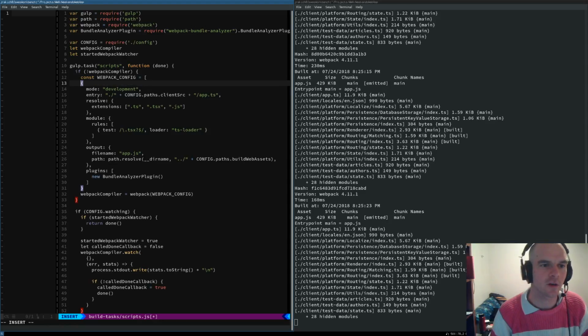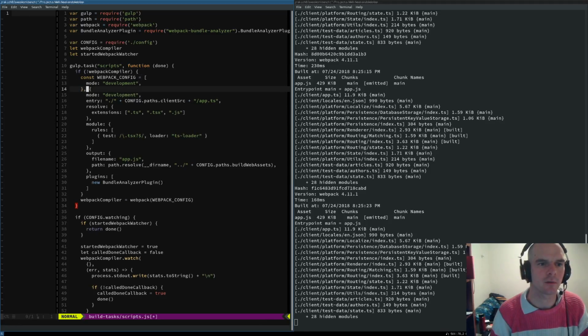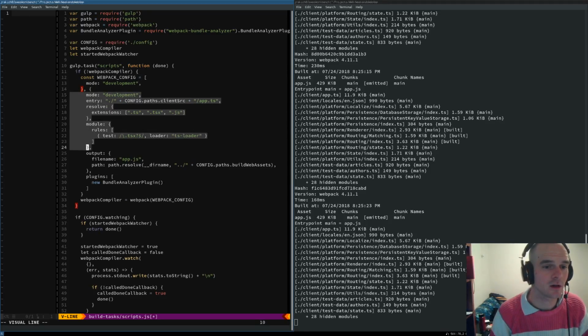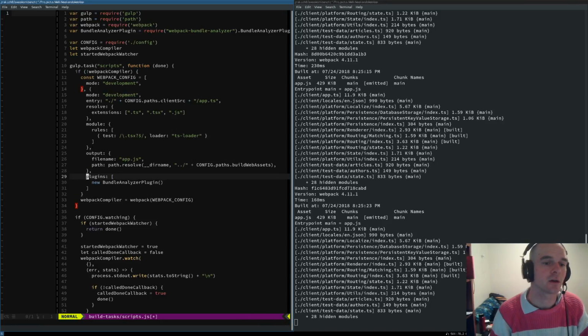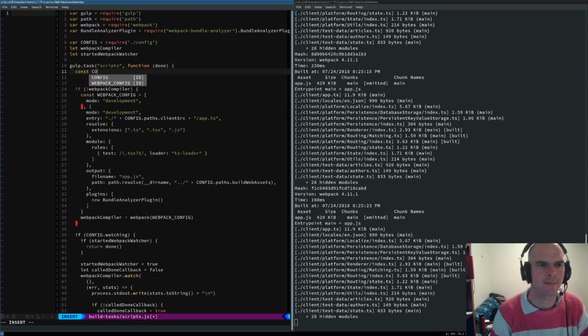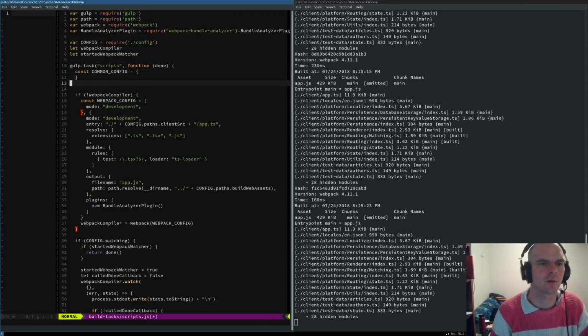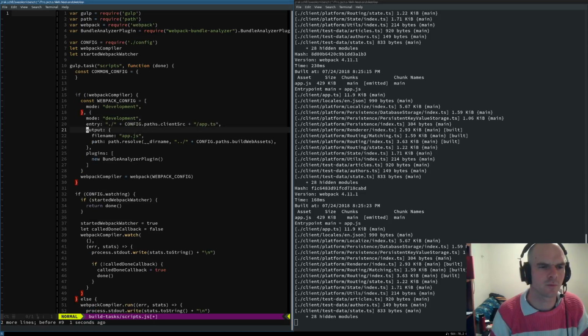So in order to do that, we're going to need more than one config. So we'll do just that, and we'll put this one in a mode of development as well. In fact, most of these properties will carry on. Some of them won't, but most of these properties will carry on, maybe the module rules. Only a few of them actually. So let's establish what our common rules are. So our common config is going to be resolve and module for sure. Oopsie daisy.